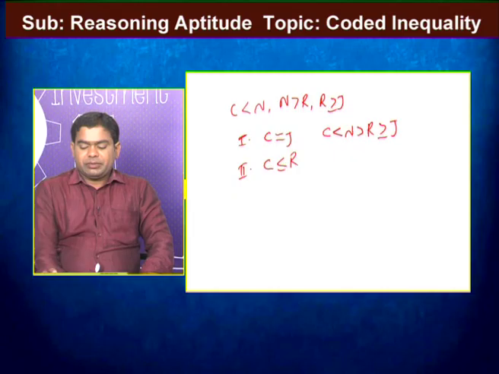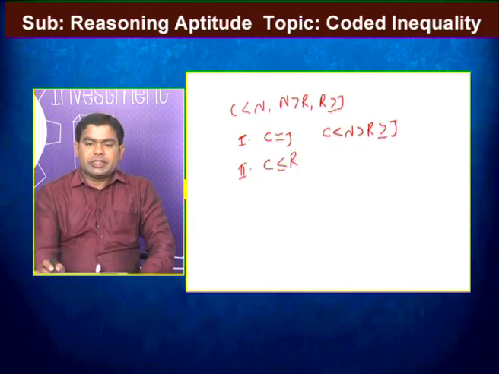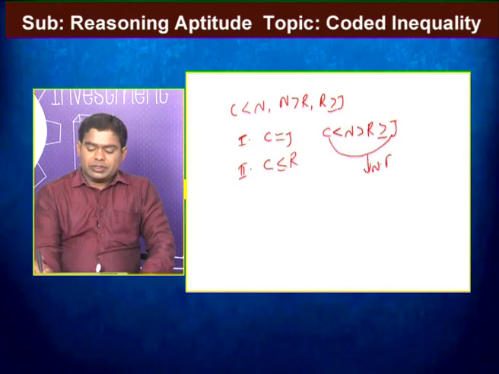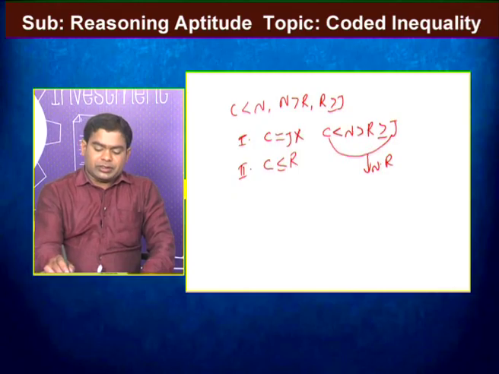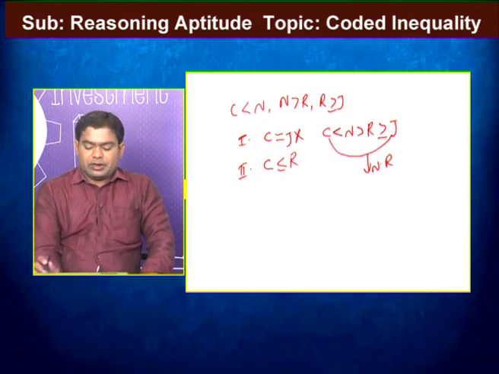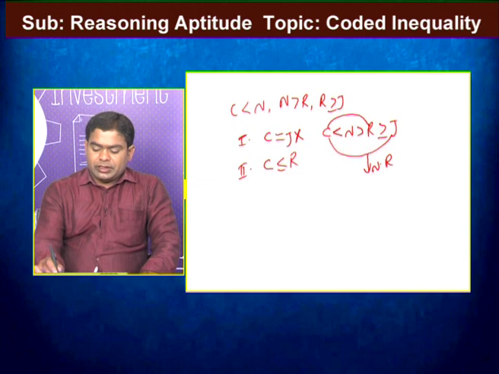In this combined statement, we verify the relation between C and j. Here, by observation, between C and j more than one inequality is there. One is less than, another is greater than, another is greater than or equal to. That means opposite symbols are there. No relation. No relation means the conclusion does not follow. Next, we go to the second conclusion.